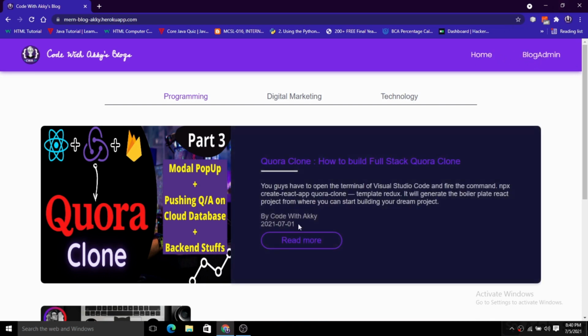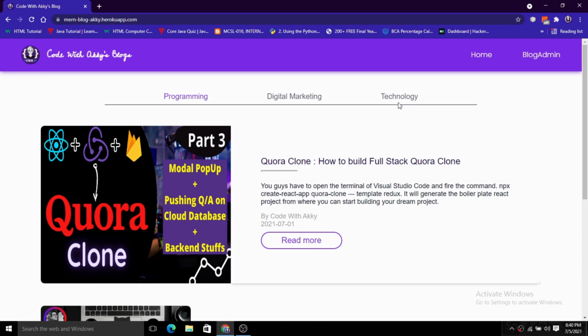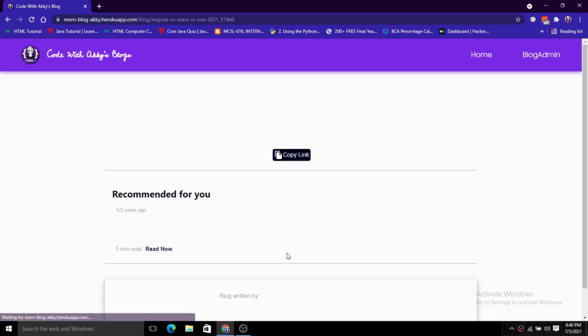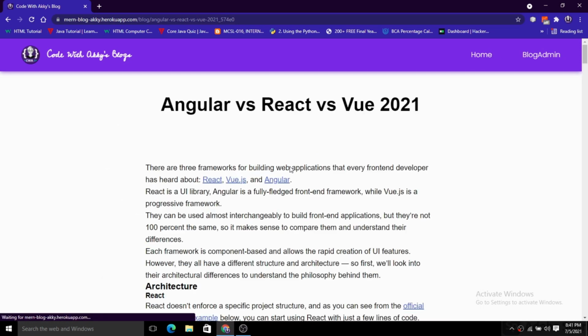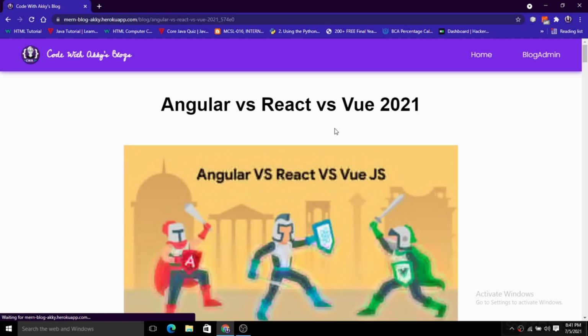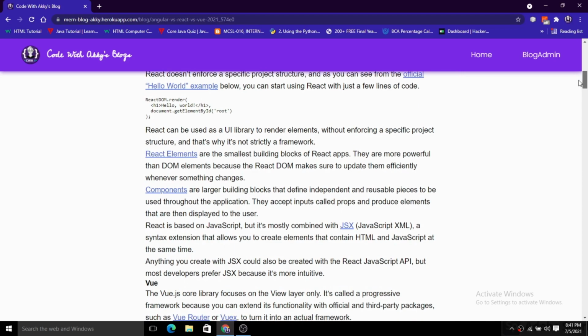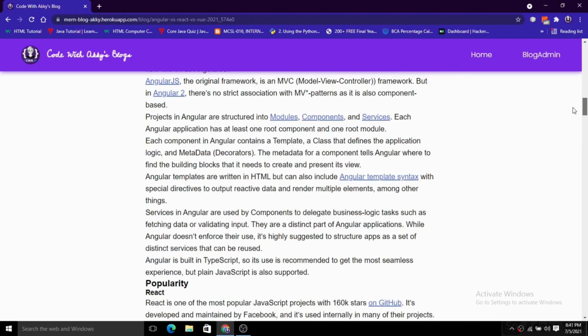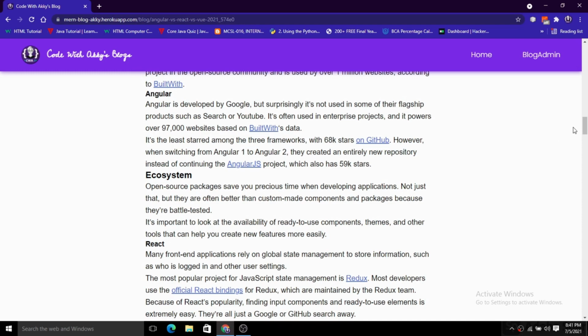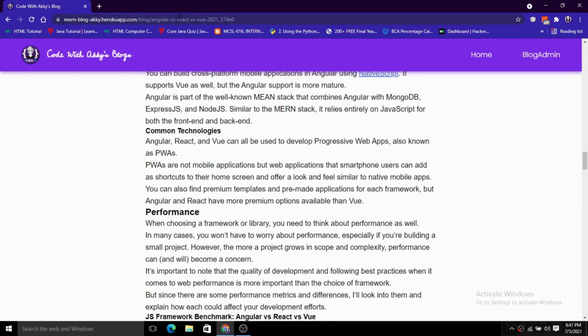Now I'm just going to click on this to show you how the actual blog will look. Just give it some time, it will render from our MongoDB database. And now you can see we have a blog here. This is the desktop view, and you can read everything here. Now this is our blog that we have opened here, and in the search bar also we have made it SEO friendly. So it is SEO friendly. You guys are not going to bother a lot about how it is going to rank or not.